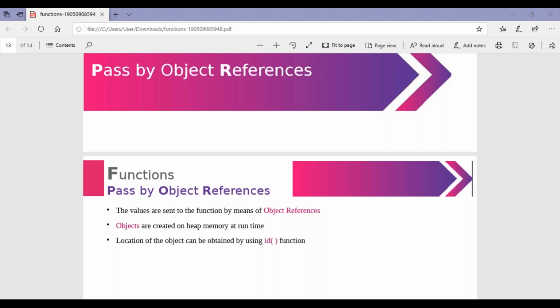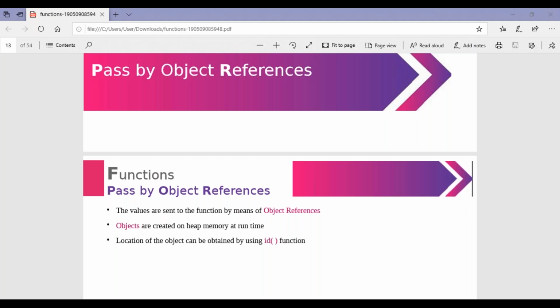That is the example I quoted about writing examinations: you write 4 or 5 examinations, one after another, with time in between. That is what I call running, the runtime. While running, you put your memory into heap. Once the examination is over, that heap is removed, and for the next examination you study again. Similarly here, objects are created on heap memory at runtime.